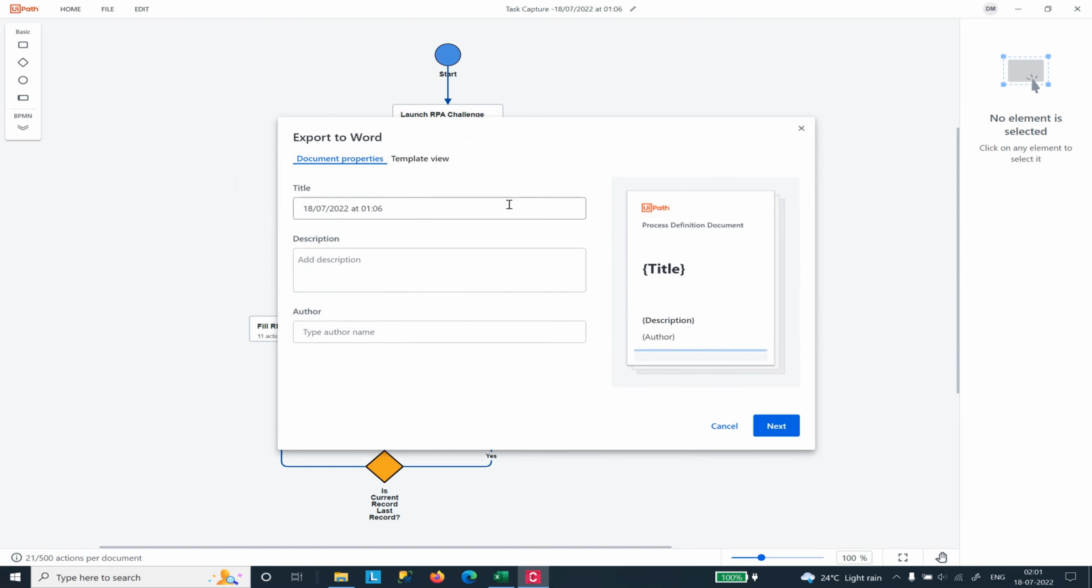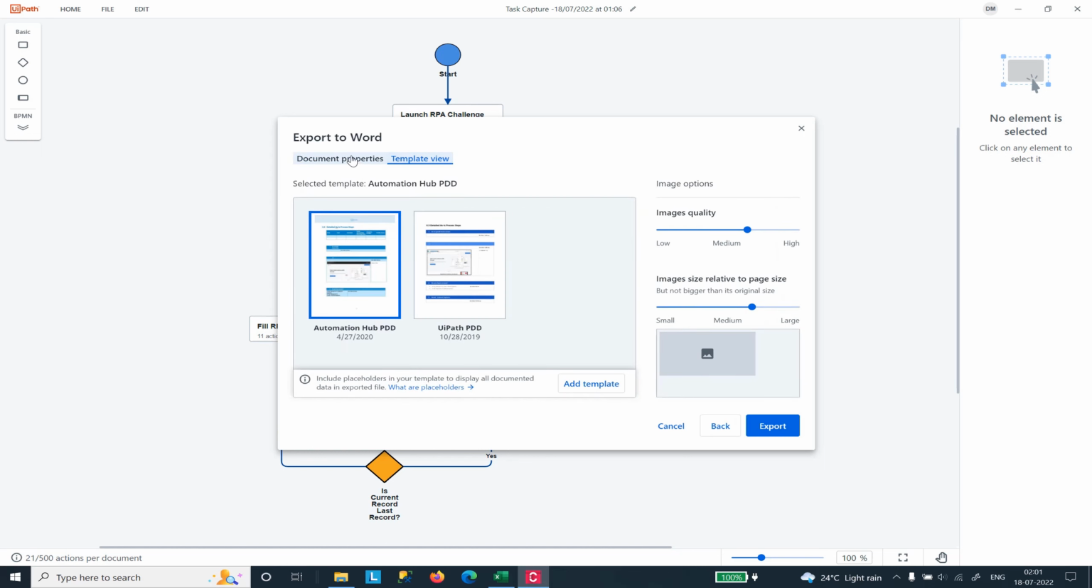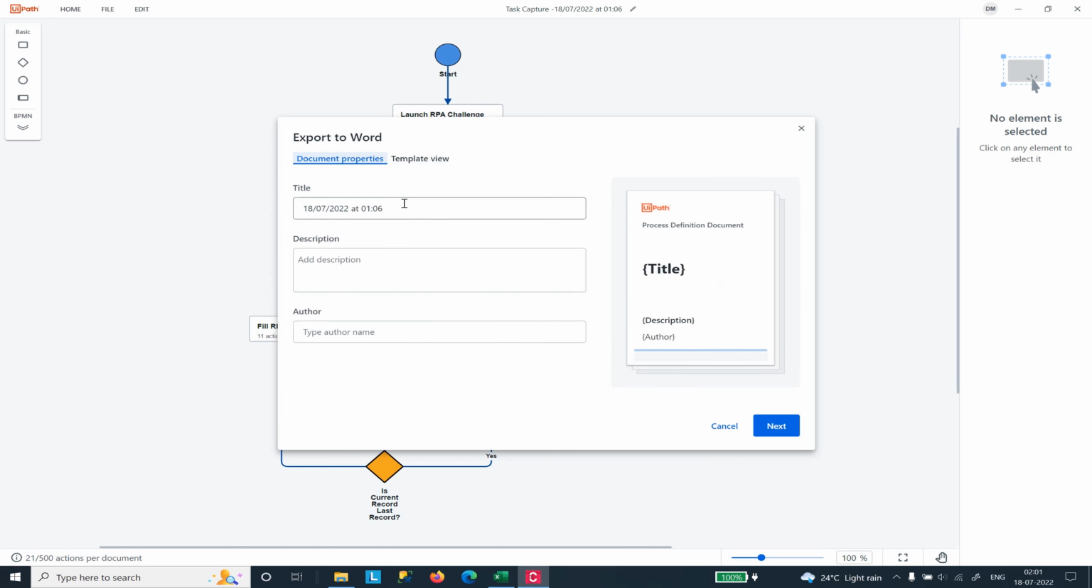Currently you can see I have two sections. First is the title section. Whatever title I give here will be displayed on my PDD document, that is, the process definition document. Here you can see the placeholders for how it will look. So maybe the title I can say is RPA challenge automation process. And for the description, maybe I can say that